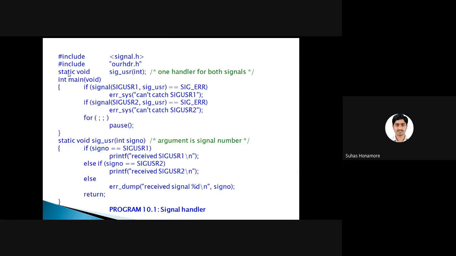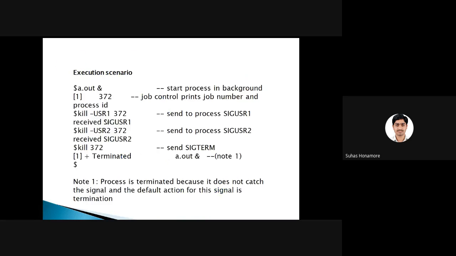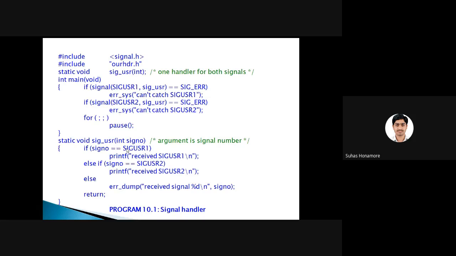What it will perform here is what we already registered. Whenever this signal comes, the corresponding handler will execute. In that we are checking whether it is user one or not. We have already passed the argument as user one, so it will receive it, then we just print it and come out. So it prints received signal one. Again it will go into pause because we given the return. We are just coming out of this handler, not executing the entire process, but it's still running in the main function only by this pause.